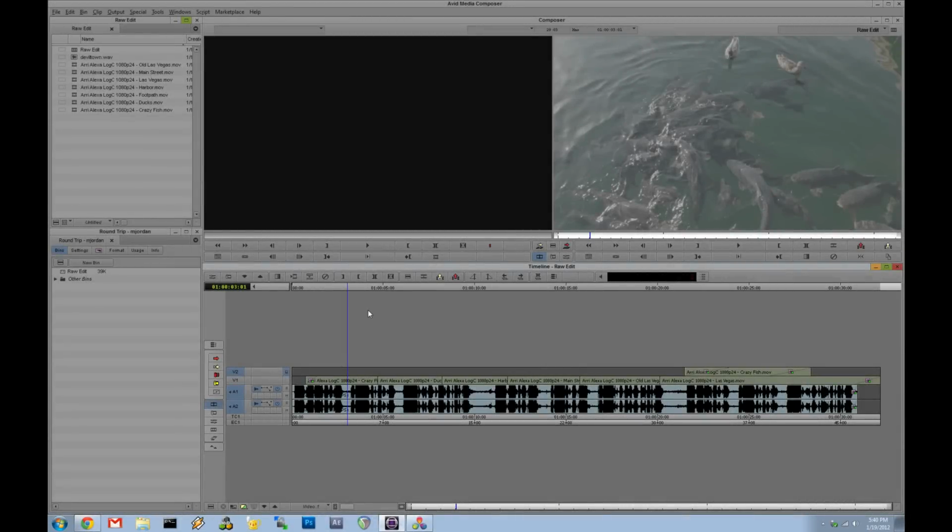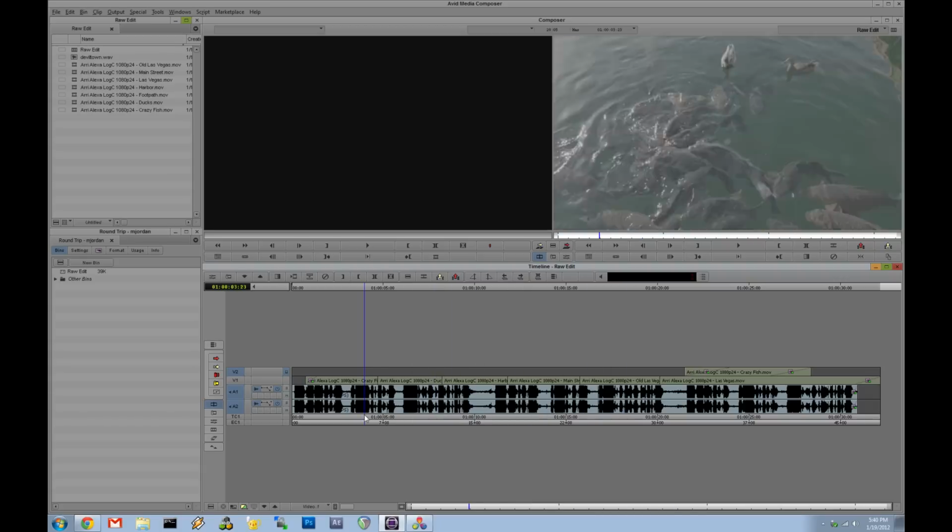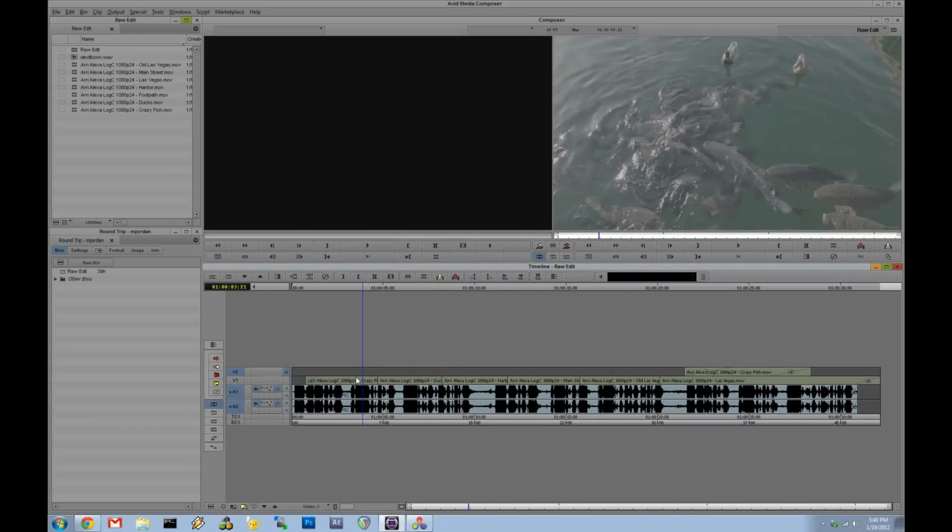I'm really glad you're here because I wanted to show you my workflow for round tripping between Avid Media Composer and DaVinci Resolve. When I say round trip, I mean I want to take an edited sequence in Avid Media Composer, here's mine, and move it over to DaVinci Resolve. I want all my edits to remain intact when it gets to DaVinci, referencing my original footage. Then in DaVinci, I want to grade that footage, render my grades, and bring the graded footage back into Avid Media Composer